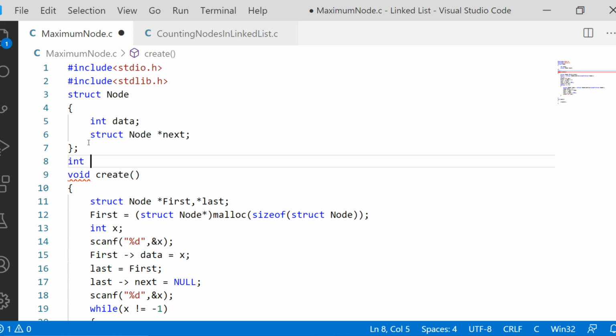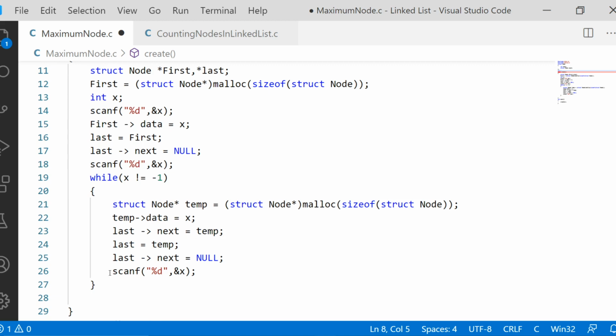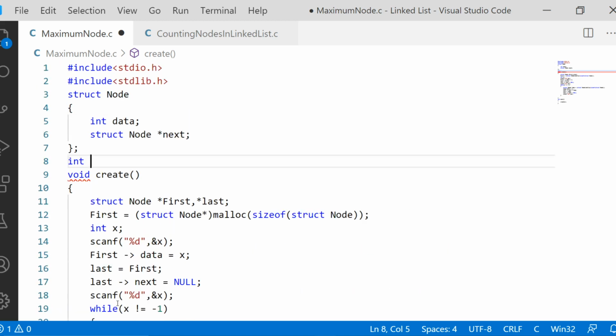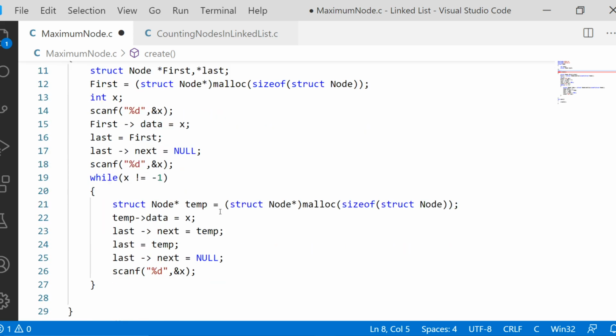Either you can print inside the function, or otherwise you can return to the place where the function is called. For example, when only displaying the maximum is the purpose, then you can have void as the return type and you can print inside the function. But if you are going to process the maximum value further, then returning it to the respective function call is the logically right thing.